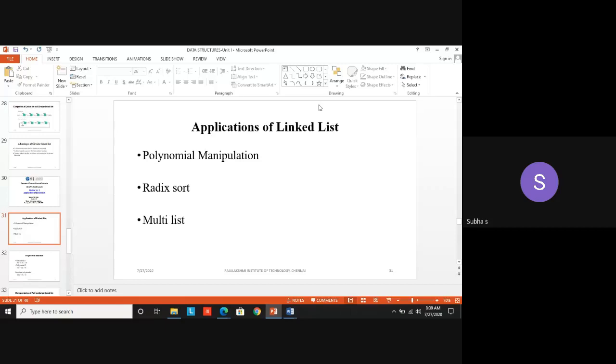Some sorting needs quick time, some sorting needs more time. If the number of elements is smaller, we can go for some kind of sorting. If I have more elements, we can prefer some other sorting. Like that, all sorting methods have their own advantages and disadvantages. Among them, radix sort is one kind of sorting. It can also be called bucket sort. I think no need to go into detail, but you must know what radix sort is and how the linked list is implemented. So radix sort is a form of bucket sort.